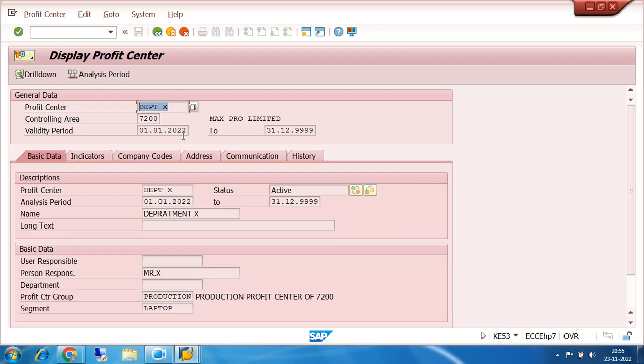The user may post it with a particular cost center, or we can create a cost center called a common cost center, like cost center department X, right? Once we create a common cost center, later on the costing department can allocate the cost from the common cost center to the respective profit centers, as well as respective cost centers,